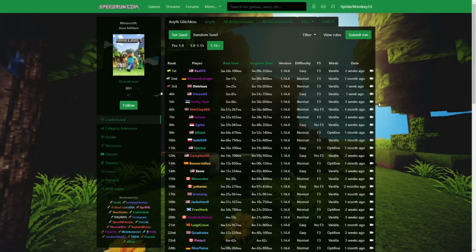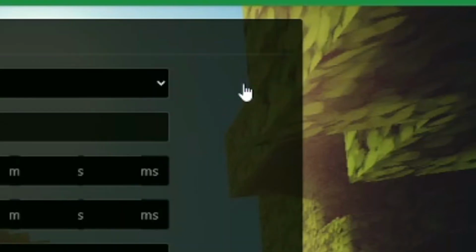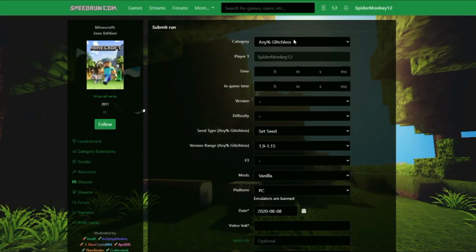Alrighty guys, here we are on speedrun.com, and to submit your run, it's really easy. The thing that you want to do is click the submit run button up there in the corner. It's pretty much in the same spot for all games. Once you're in this little menu, you're just going to fill everything out. You have to put your video link, you have to put the date,